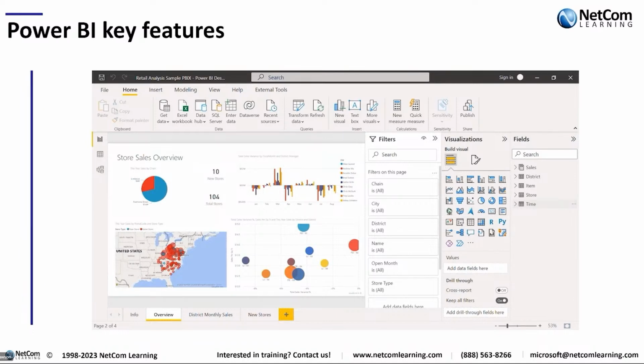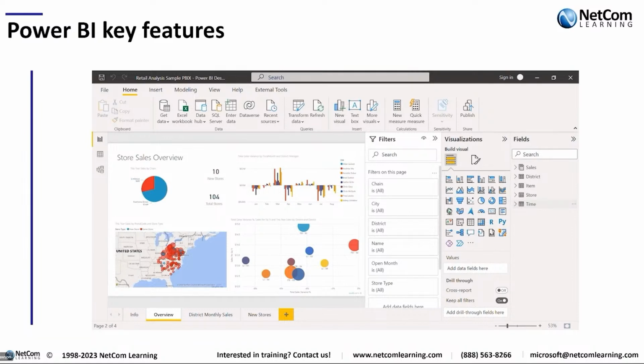Okay, so by using these drag and drop components, you can create different types of reports and dashboards from those different components. You also have Power BI visuals, which includes all of the different types of visualizations. So the bar charts and donut charts and pie charts and all those sorts of fun things.